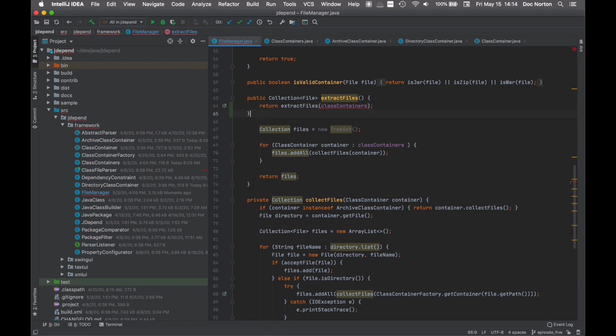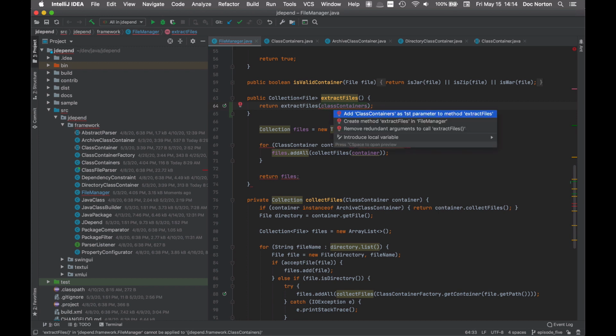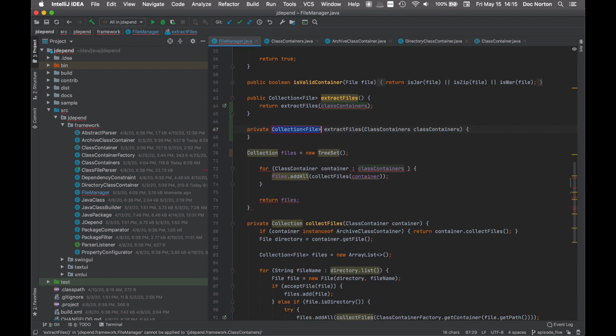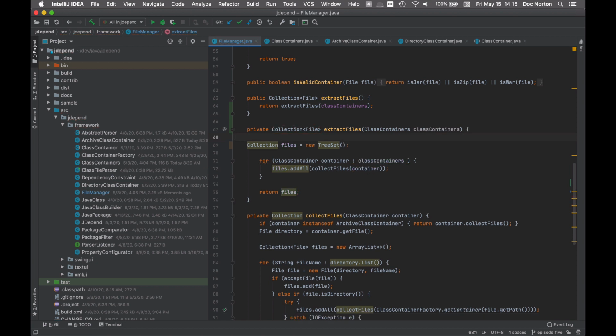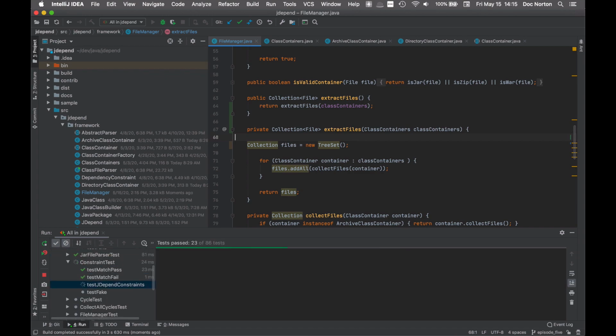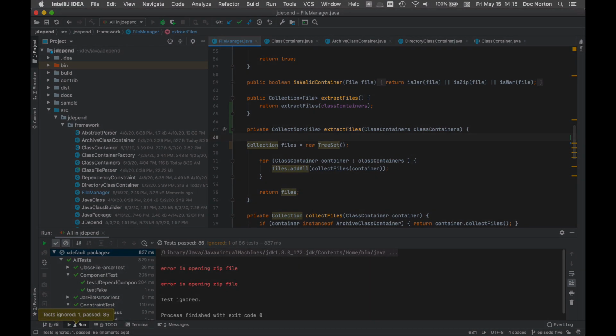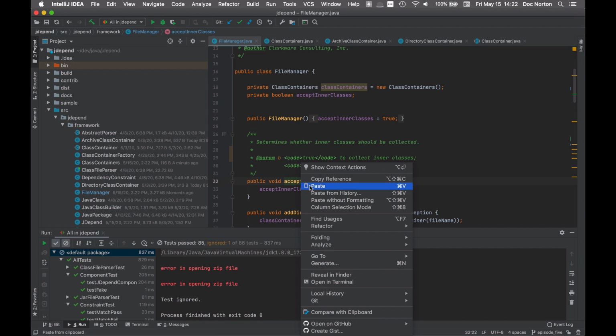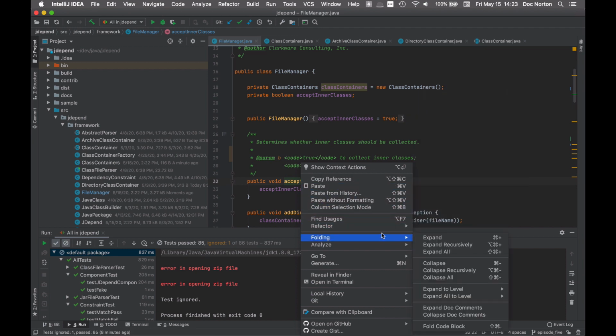So the first thing I want to do is I'm just going to make a minor change here so that there is a version of extract files that receives collect containers. That'll actually make it easier for me to do the refactoring in the end. So pretty straightforward, not a whole lot to this. There we go. Made up basically a call to a new instance, told it to create that, and then, here we go. All of the tests actually pass. So that's good. We're going to leave that sit for a minute, and we're going to move to a different